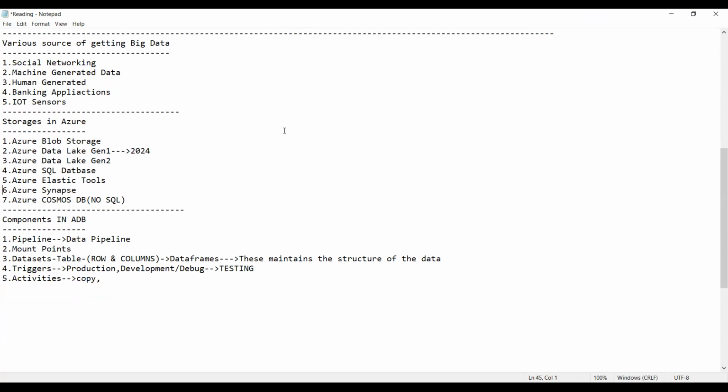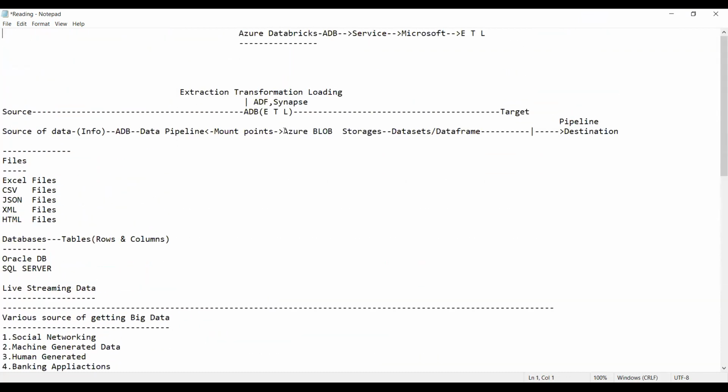That means copy the data. Suppose I'm using copy with a conditional statement. That means copy only those records where the salaries of the employees is less than 50,000. This is my condition. So now I am using the copy activity along with the if condition. Am I right, guys? Yes, sir.